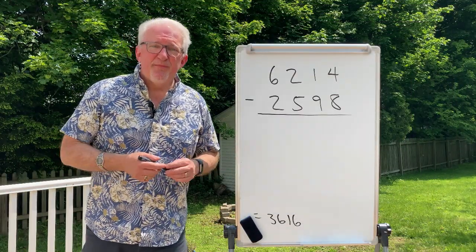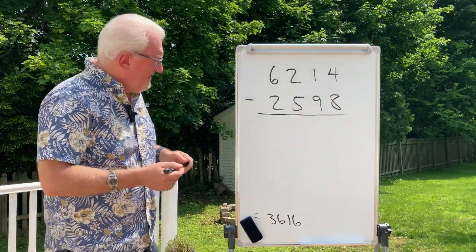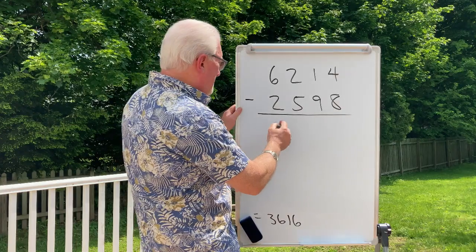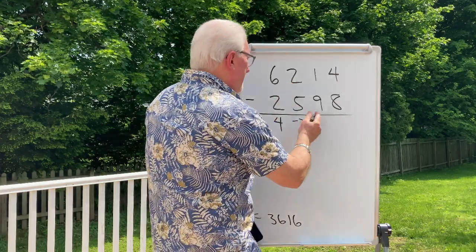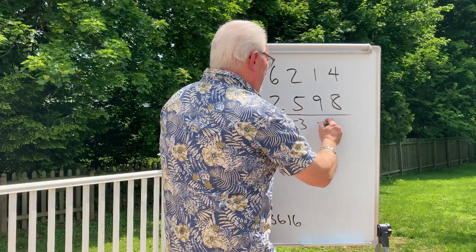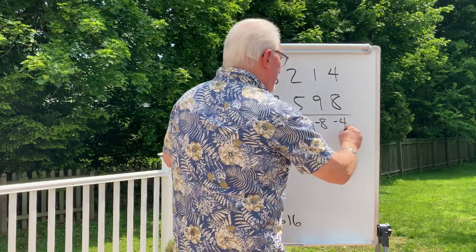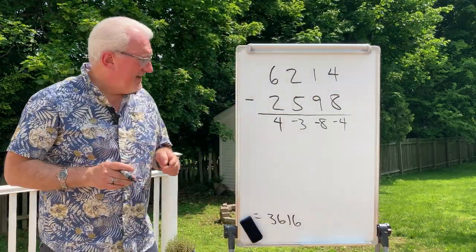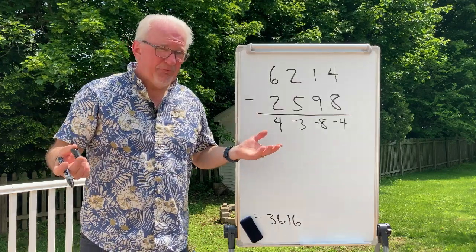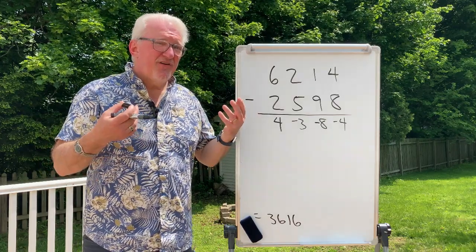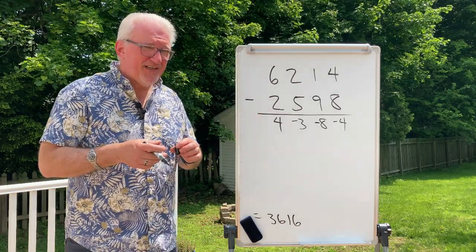Let's revisit this problem in the manner that we did it the first time, from left to right. Well, when we took 2 from 6, we got 4. 2 minus 5 was negative 3. 1 minus 9 is negative 8. And 4 minus 8 is negative 4. And we read our answer as 4,000, negative 300, negative 80, negative 4. Again, it's completely correct, but we'd like to re-express it in the manner in which society would expect us to